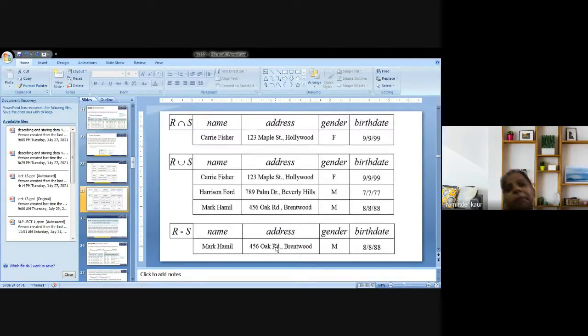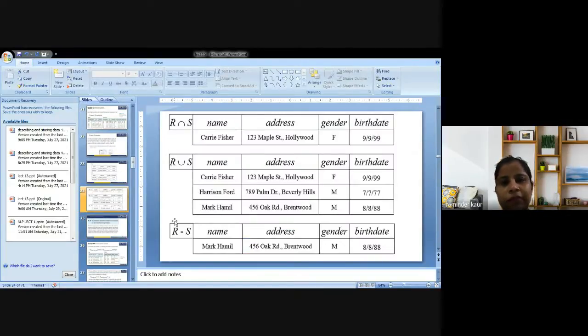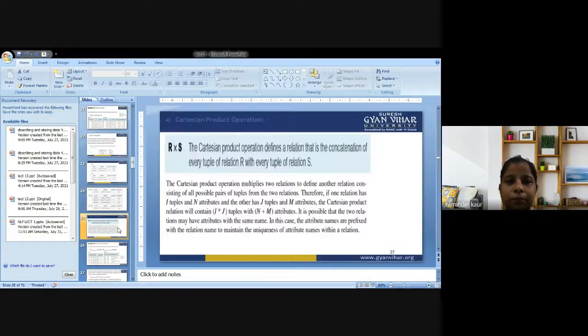Mark Hamill will be fetched, like the various records that are associated with the same. So this was about R and S, R union S, and R minus S: the AND, union, and set difference operators, with a layman example.